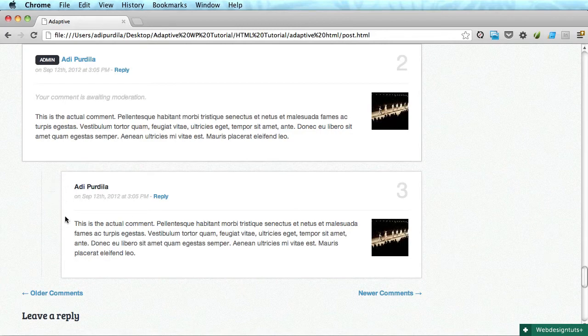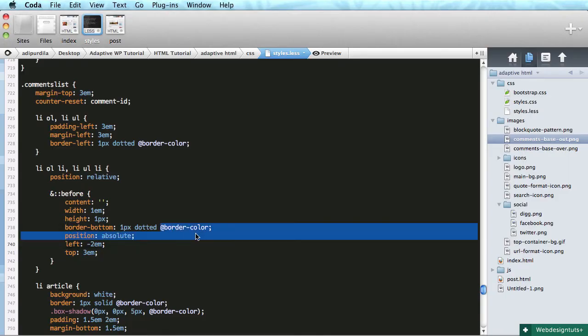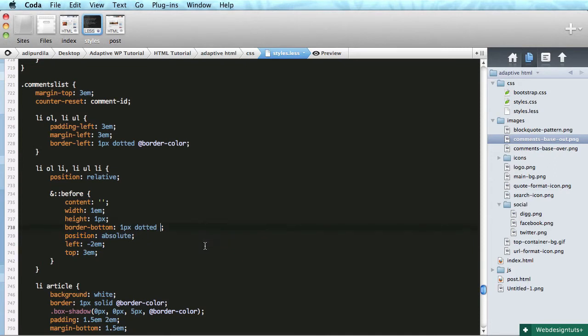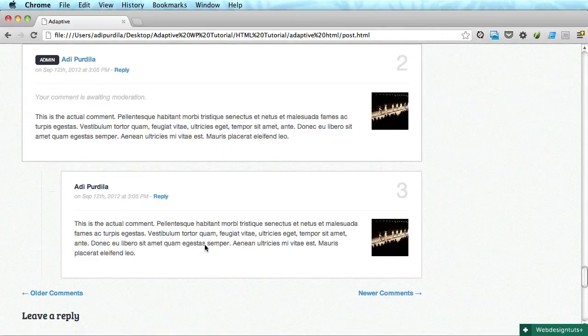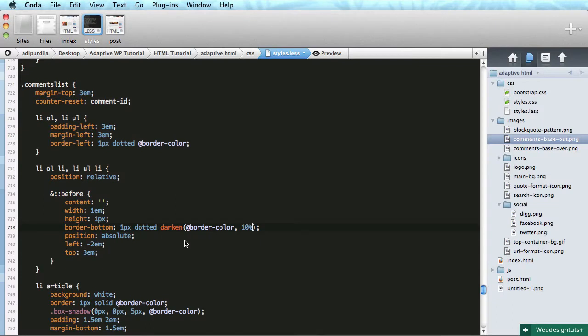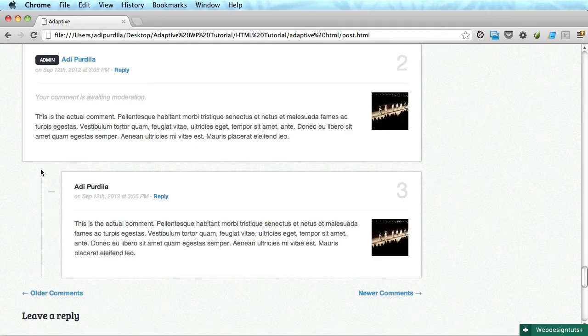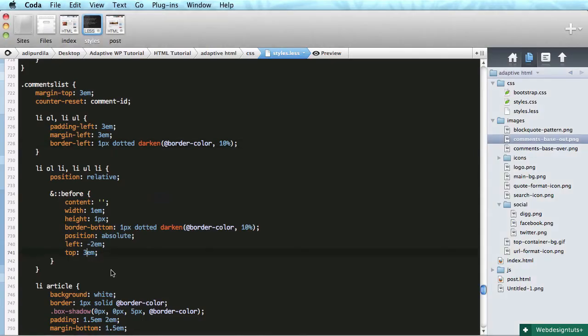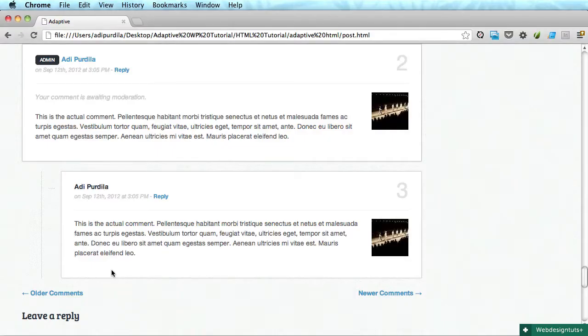And that's kind of sketchy right there. You can't really see it. So I'm probably going to increase the intensity of this color. So let's darken it by 10%. Okay, that's pretty good. And I'm also gonna do that for the left border right here. Okay, that's pretty nice. You can tamper with this a bit, you know,